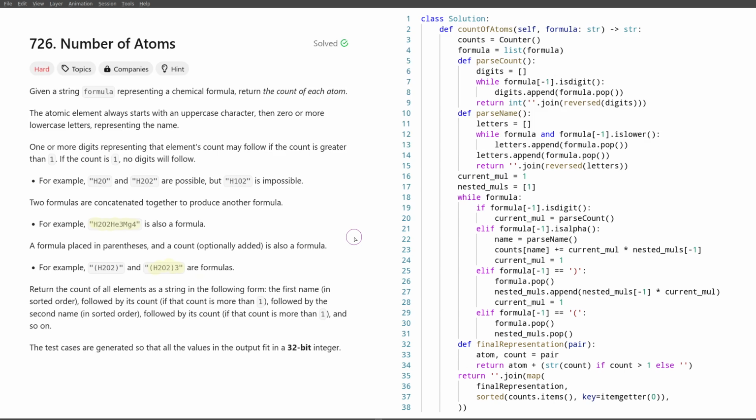But for more complicated formulas, especially with nesting, we have to do some multiplication, because for instance in this case we have H2, O2, and also this whole thing is taken 3 times, so we have 3 times 2 H's, so 6 H's and 6 O's. So in essence, the difficulty and the annoying part of the problem is that we have to parse this first representation and evaluate the expression that it represents and return the result, which is of course those total